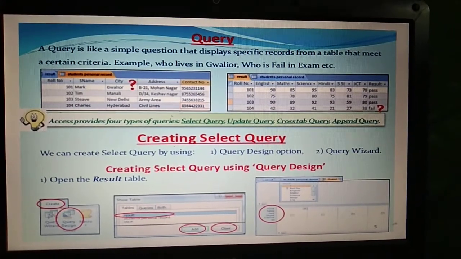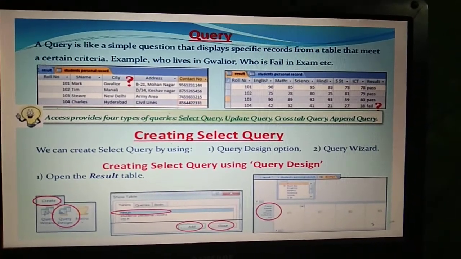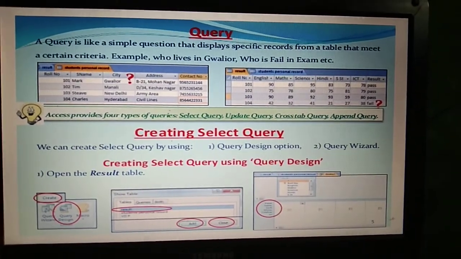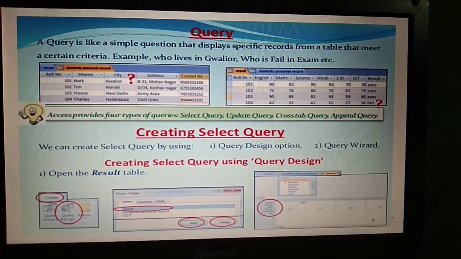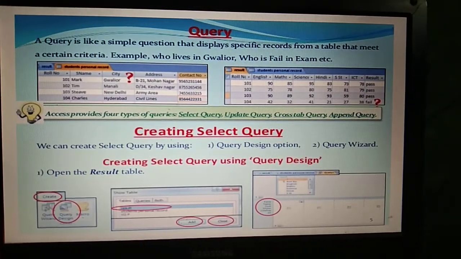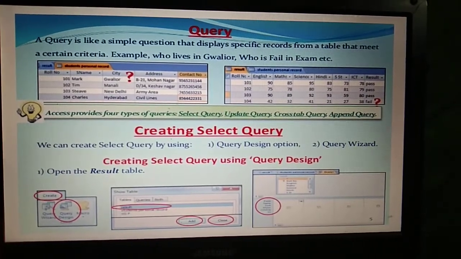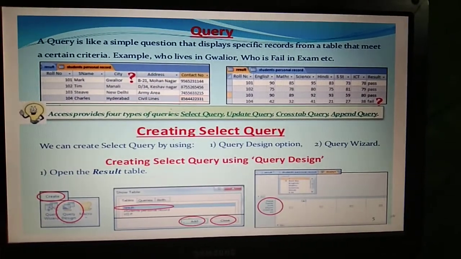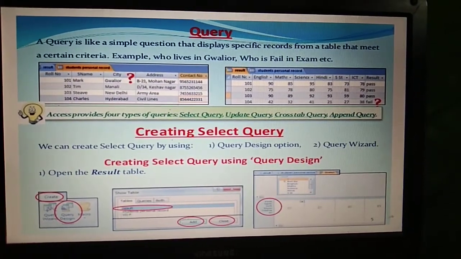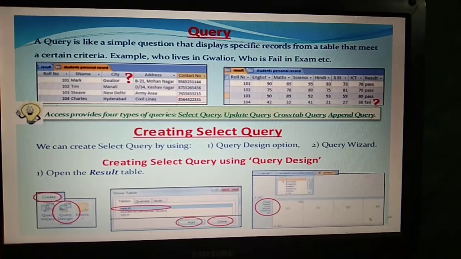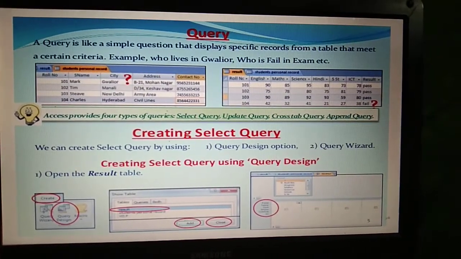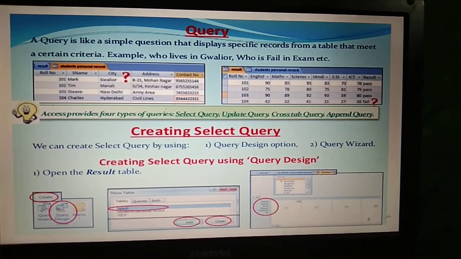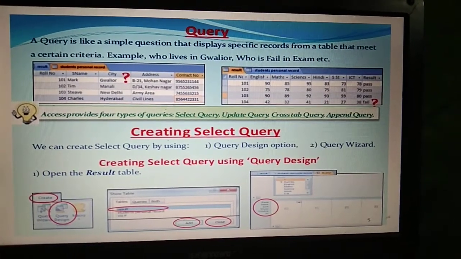Dear students, today we are going to discuss our second session of our chapter Working with Tables. Class, earlier in the first session, we had discussed the meaning of queries, tables, rows, columns, and how to make a relationship between different types of tables using different types of keys like primary key, foreign key, etc. So let's start with our second session.